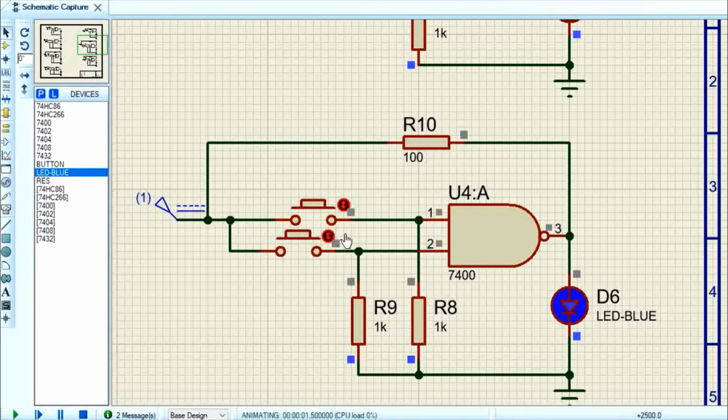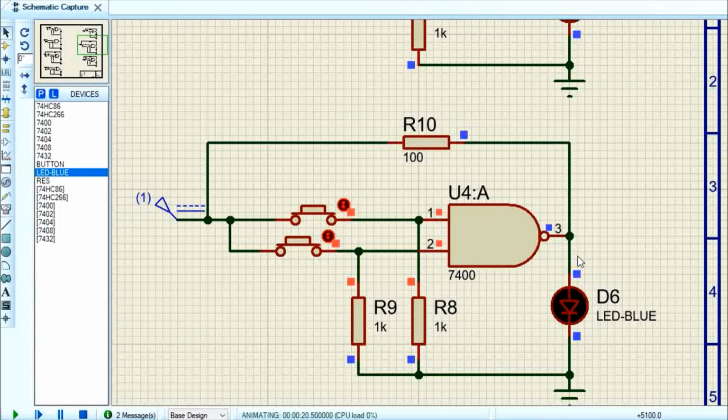If we have 0, 0 at input, at output LED is on. Because it is NAND gate, it inverts the input of AND gate. Likewise, if we have 1, 0 at input, LED is again on. For 0, 1 at input, LED is again on. But for 1, 1, AND gate shows output 1, but it is NAND gate. So it inverts the output of AND gate, and at output LED is off, which represents the state 0.